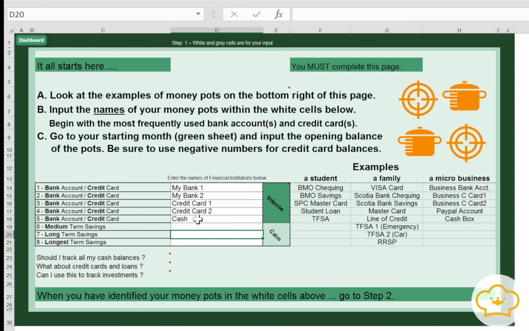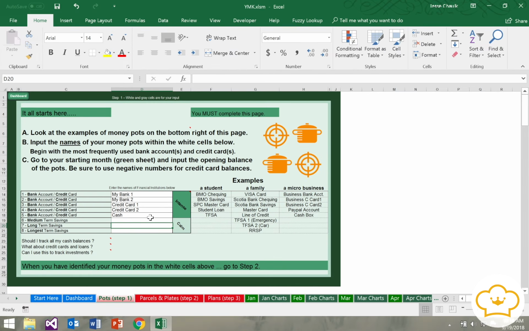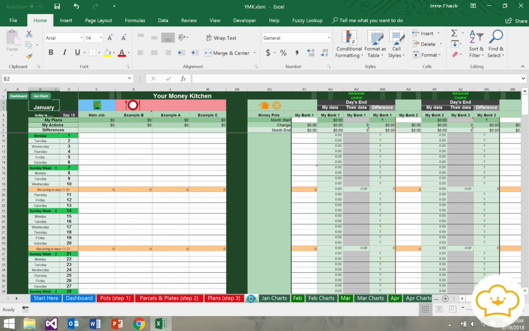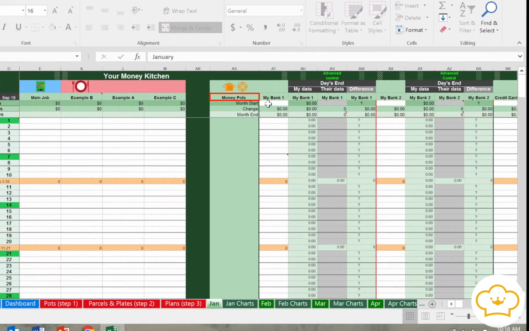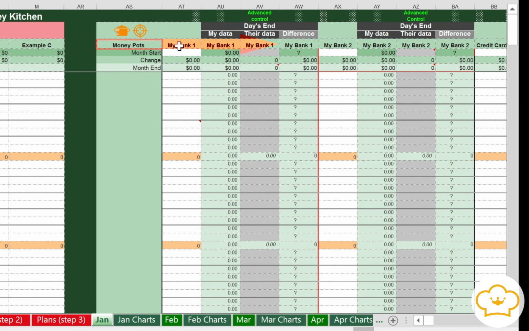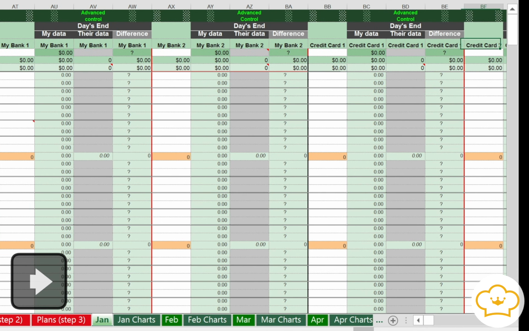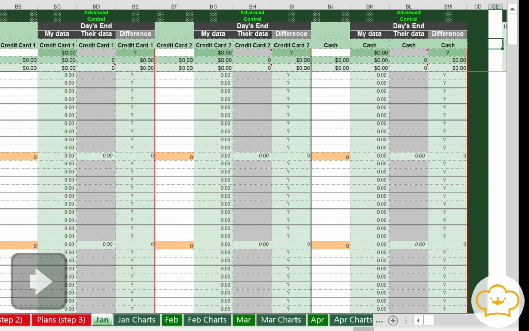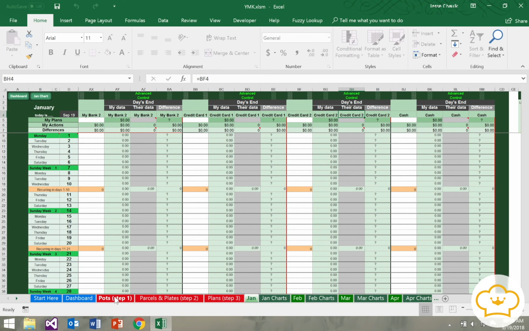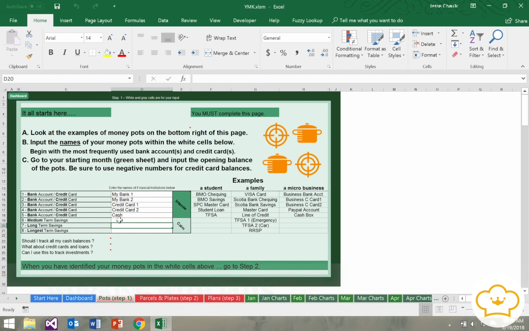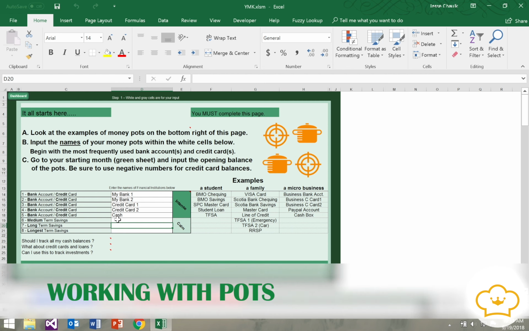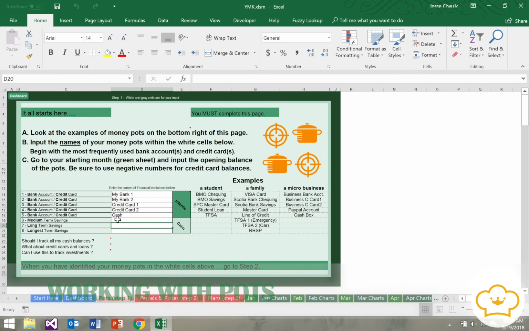And if we look at these 5 places that we've identified where we keep our money, and we jump to the month of January, and we look across the columns, we see, in fact, that there's 5 columns identified in this way. Now let's go back to the pots. We've basically completed step 1. Or should I say we've almost completed step 1, because we need to identify how much money we have in